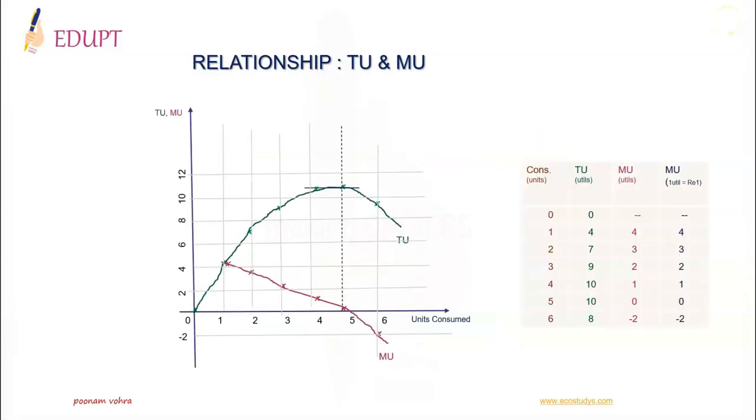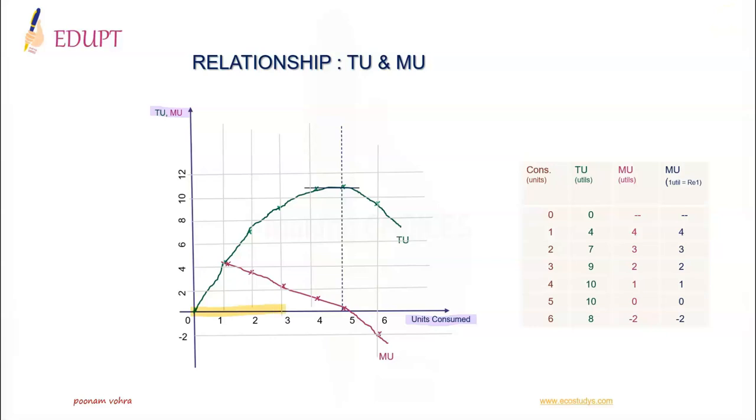Relationship between total and marginal utility can be understood graphically too. For that, units consumed are taken on x-axis, total utility and marginal utility on y-axis. As per the information available with us, units consumed, total utility and marginal utility curves are plotted. The graph exhibits that as